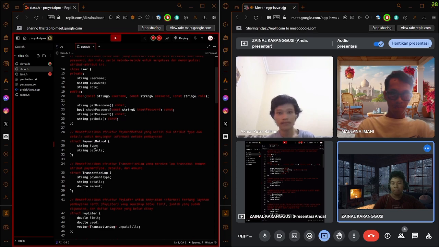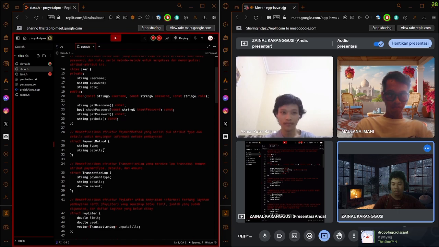And there's struct payment method, which has attributes to save information on the payment.